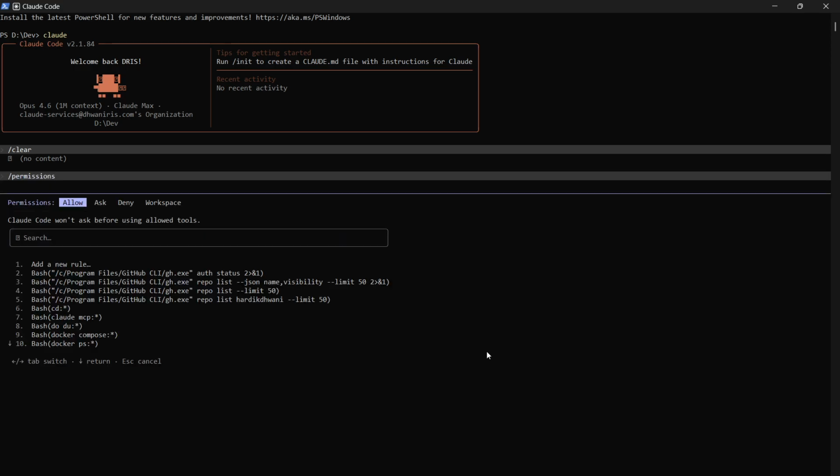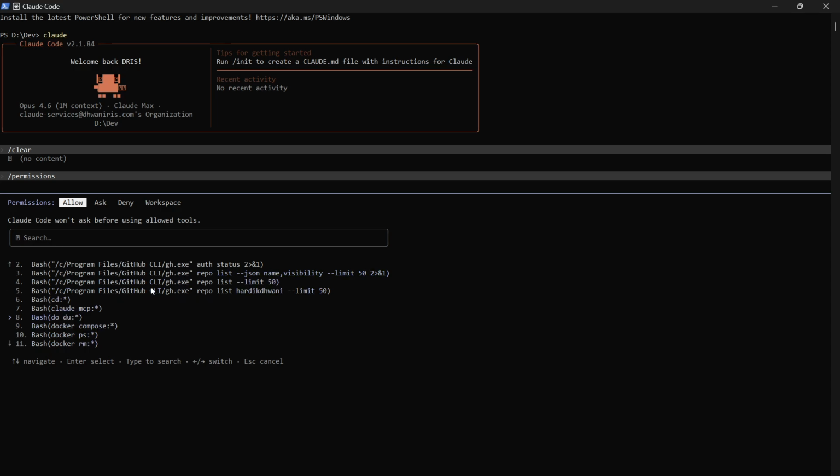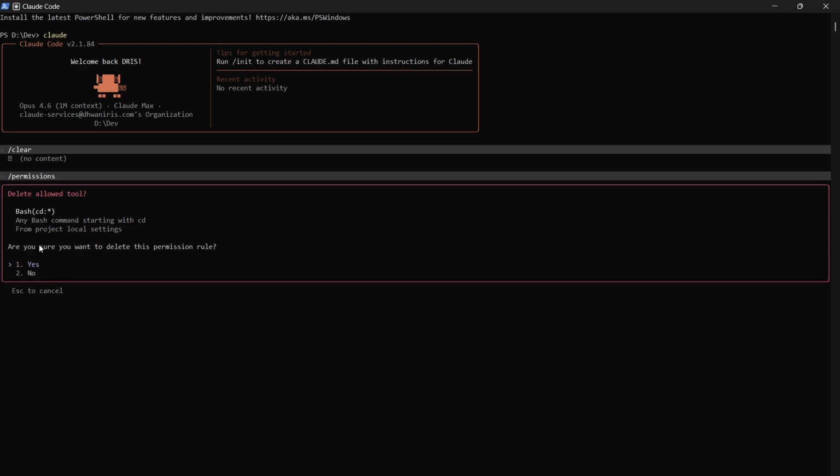Then hit the enter button and you will see all of the allow list. Now in this allow list, it consists of all of the permissions that you have allowed Claude. So let's say if you wish to revoke any particular permission, so let's say I want to revoke the bash cd command from Claude, what I can do is simply hit the enter button